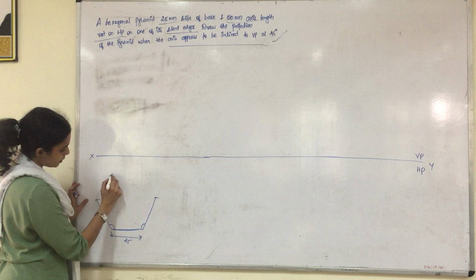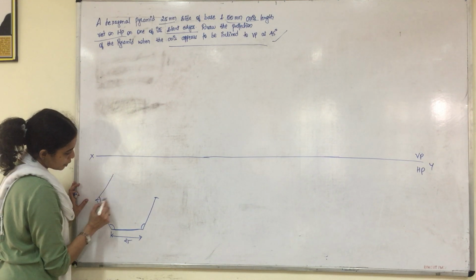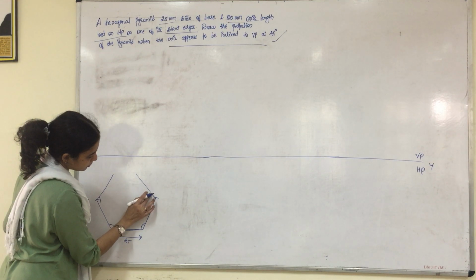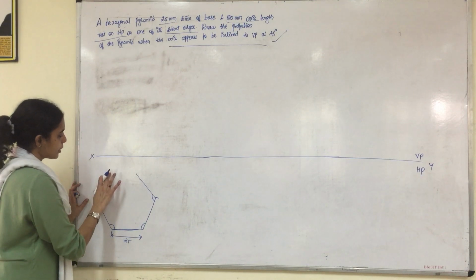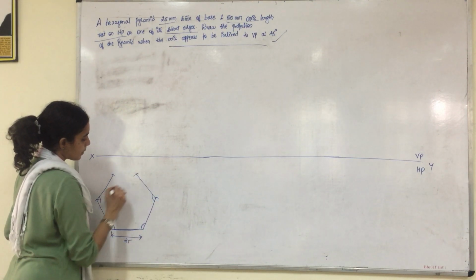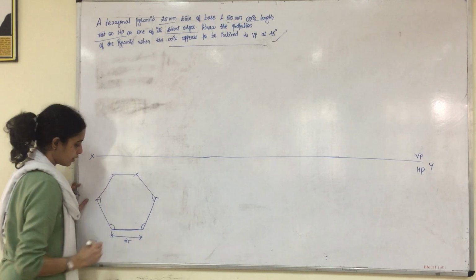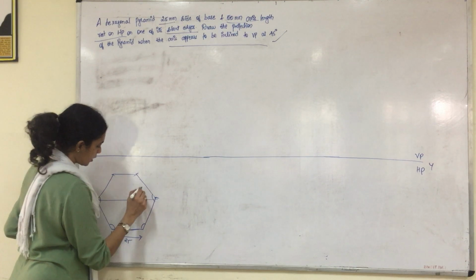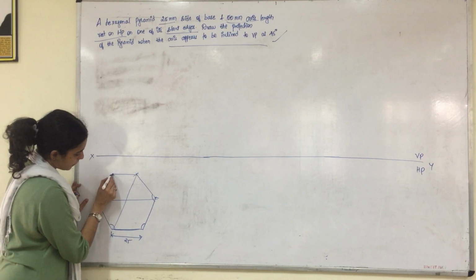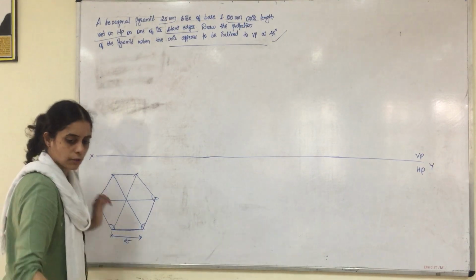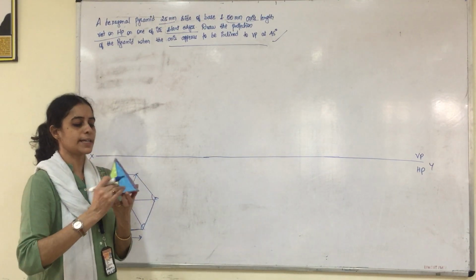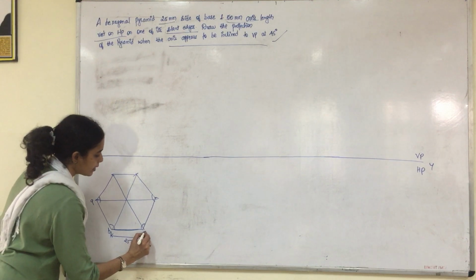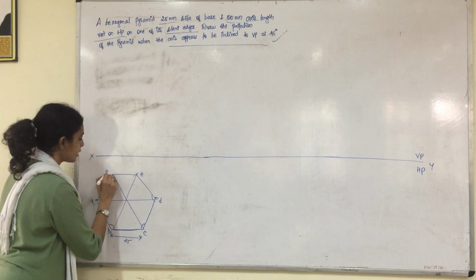After this, again from here you take an interior angle of 120 degrees, measure 25 mm and cut an arc. So join, right? Always in solid problems we have to join the diagonals. So kindly join the diagonals. When you view from the top, all the sides of the bottom surface will be visible. So write it as A, B, C, D, E and F.